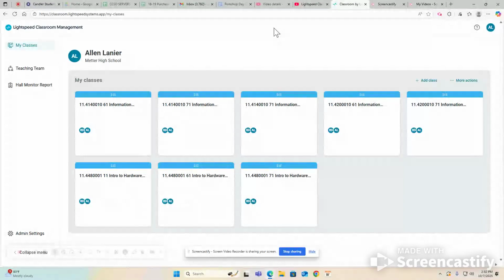All right, today I wanted to go over Lightspeed Classroom. It's a classroom management feature that we have. The URL is classroom.lightspeedsystems.app. You'll be required to log in using your Google credentials, and once you do that, you'll be presented with